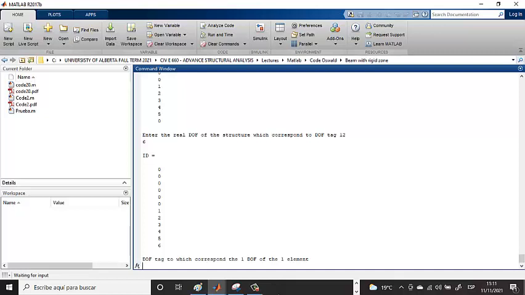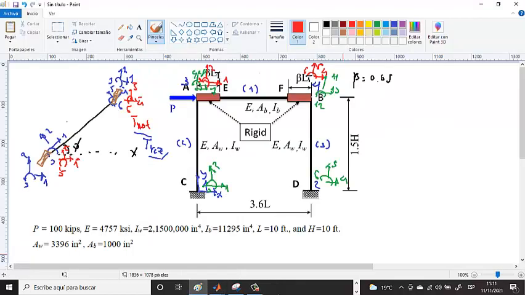We need to input that in order to do the assembly, right? To relate the degree of freedom of each element to the degree of freedom of the structure. So the element, as we can see here, each element only has six degrees of freedom, right? So for the first element, the beam, we have these degrees of freedom in the global coordinate system. So we can say the first degree of freedom corresponds to the 7th degree of freedom tag, and the second degree of freedom of the element corresponds